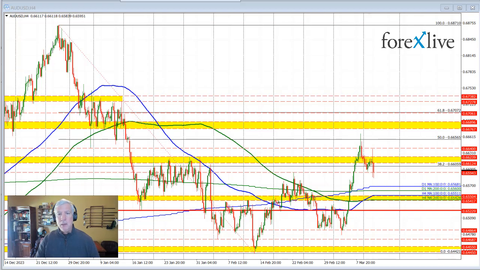And in the process, we fell below a level that I outlined in yesterday's video. That level came in at 0.6594 in trading a few weeks ago. The high price came up to that level in trading last week. The high price moved above that level and used the level as support to base and move to the upside. In trading yesterday, the price came down to test that level and found support buyers moving up to a high